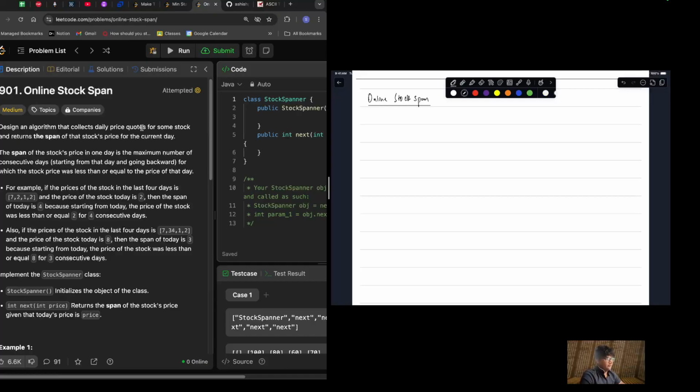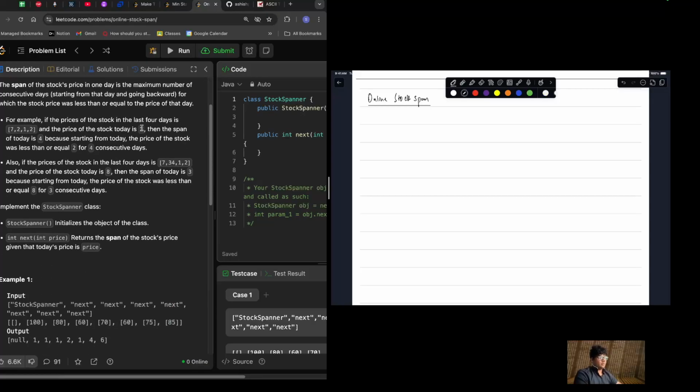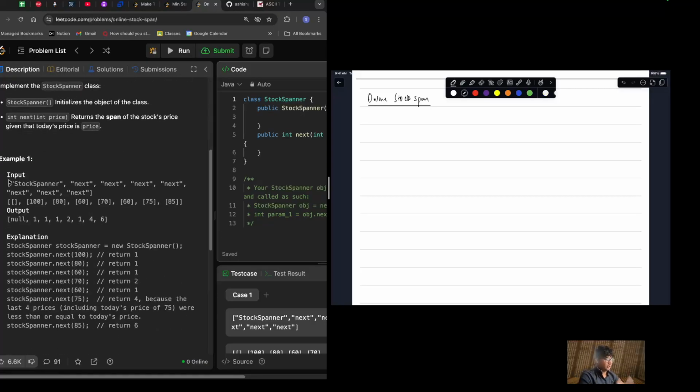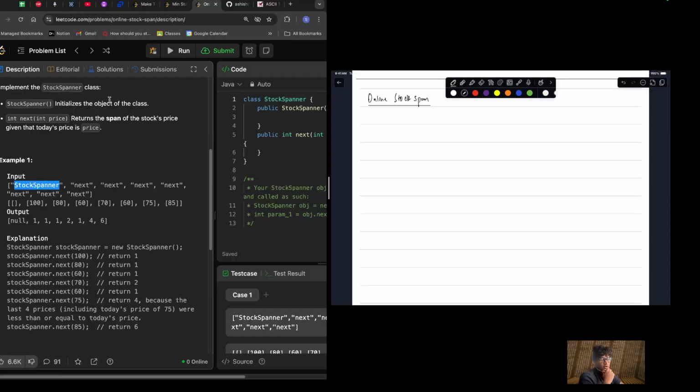Perfect. So the question says that you're given an array, not an array, you're given certain operations, that is a stock spanner. This is where you initialize the object of the class stock spanner, right? And then you have the function next. So what is this next? So the thing is, next is a stock